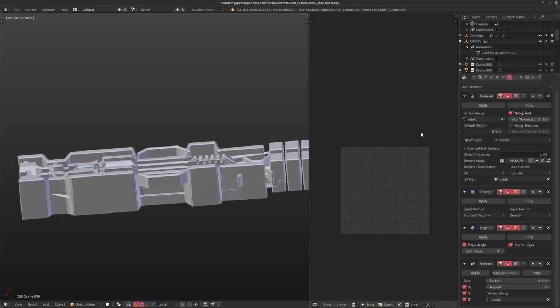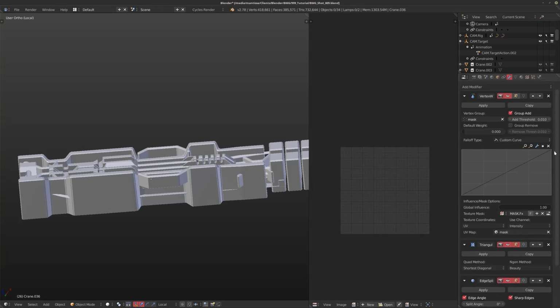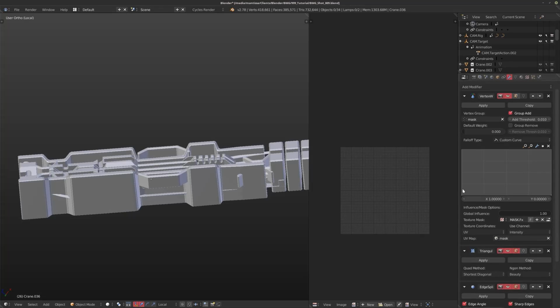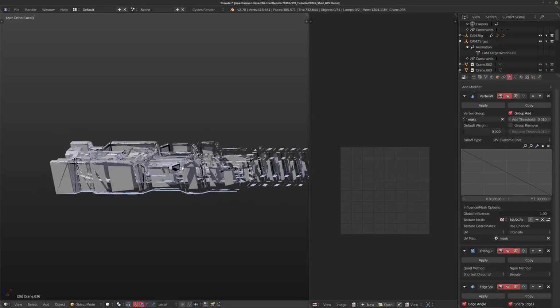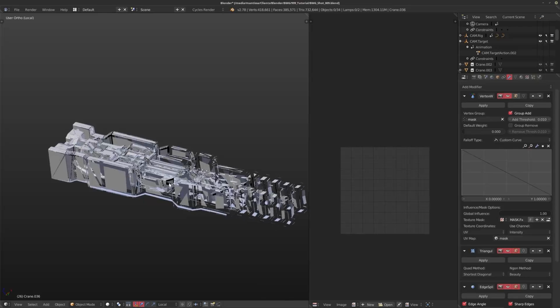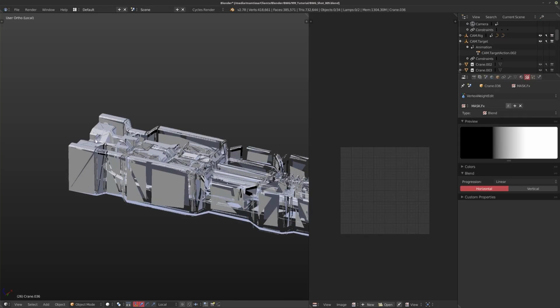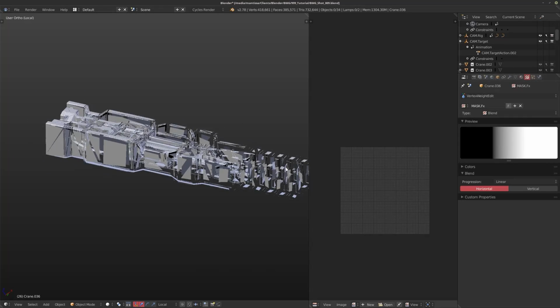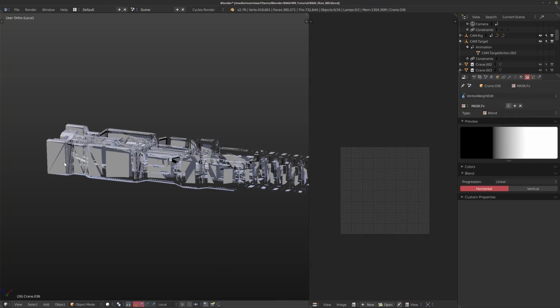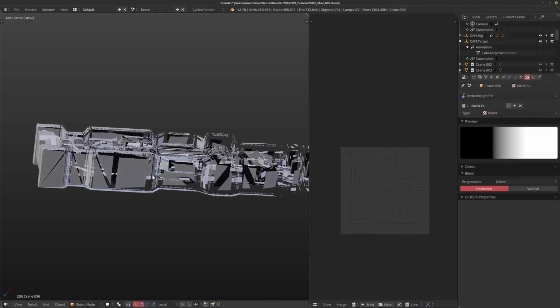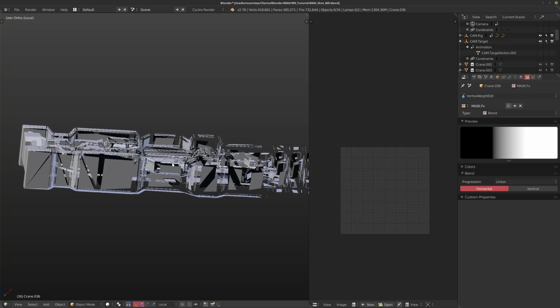So nothing much is happening right now, and the reason for that is I still have to mess with my falloff. Now I've noticed if I flip this custom curve, there we go, you can already start to see the effect of what's going on. So everything in our blend that is going towards black isn't affecting the smooth, and everything that is white is actually affecting the smooth. So we're now successfully adding these vertices into the vertex group with a bit of a falloff that we can animate to drive this smooth modifier.